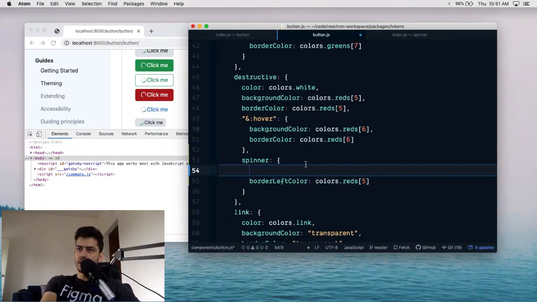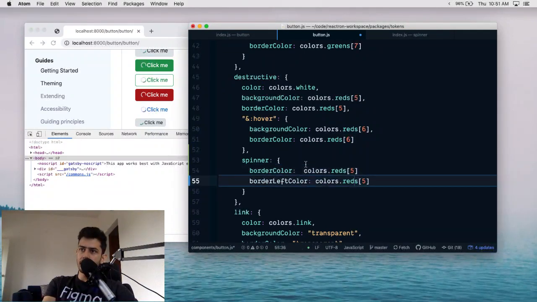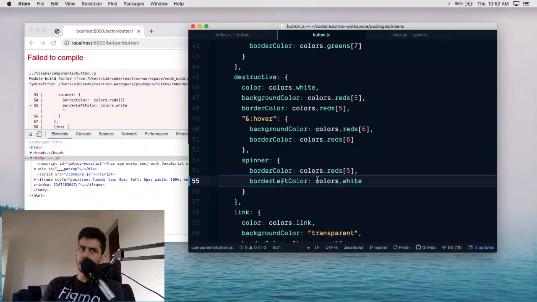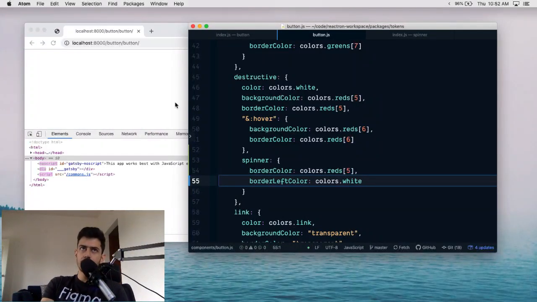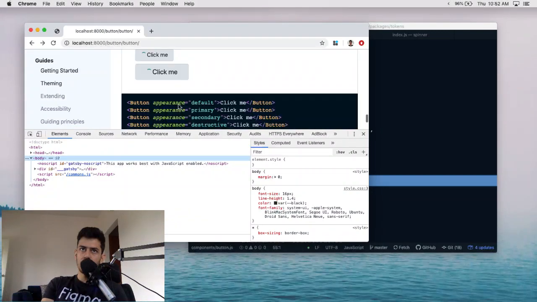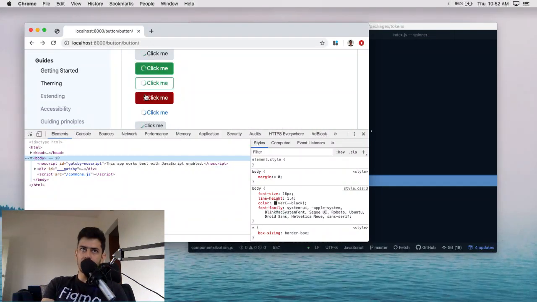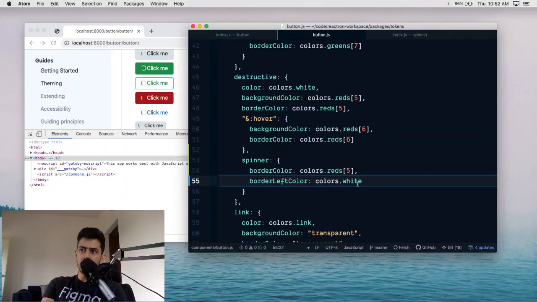Like for example, if I just make this border color should be the red, and then border left color should just be colors are white. Right, this could be a way of doing it the other way around, where you have the smaller thing rotating. Right, so you can see the white is rotating here, not the other one, and that kind of looks slightly better, I would say. So